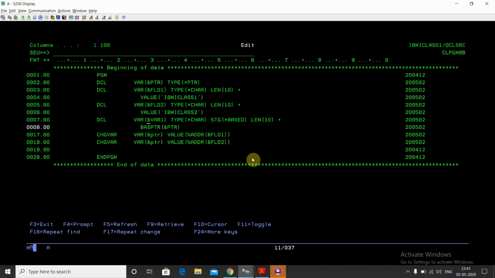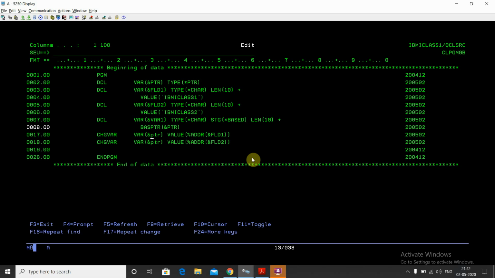So now var1 is the based variable which is pointing to the pointer PTR. Now I will evaluate the address of field 1 and field 2 one by one into the pointer variable PTR.